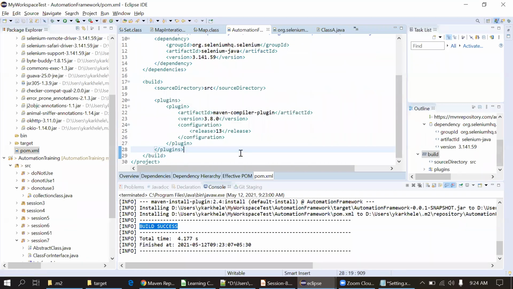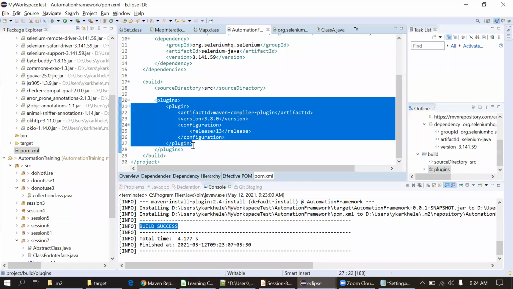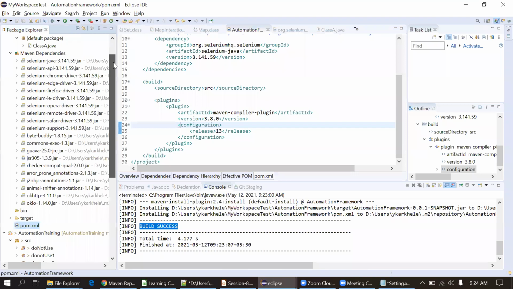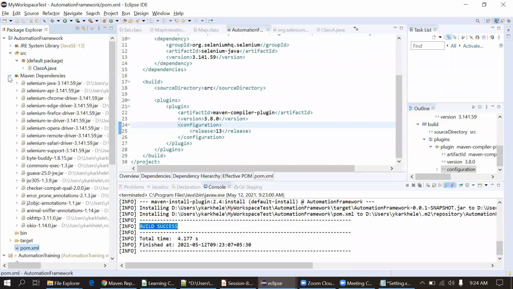We can add multiple plugins here, like the Surefire plugin, which is for reporting. When we integrate our automation project with Jenkins, we can use this reporting as well. So Surefire is a plugin for reporting, and this is the Maven compiler plugin for compilation. Okay, fine.